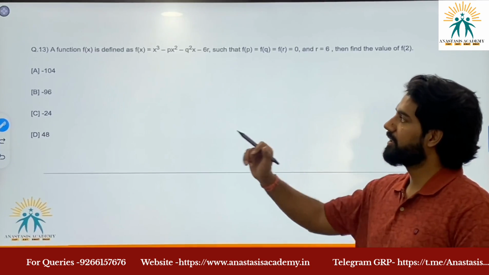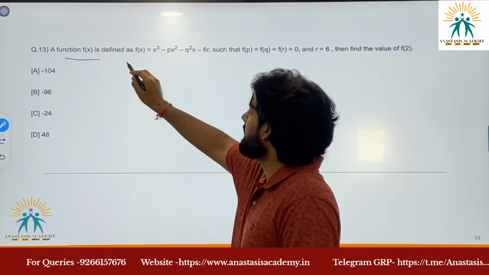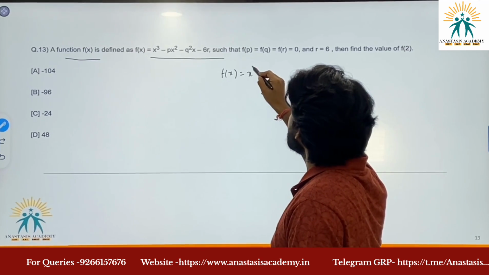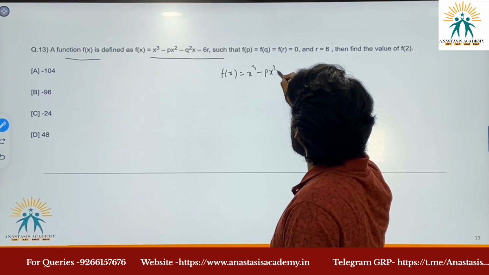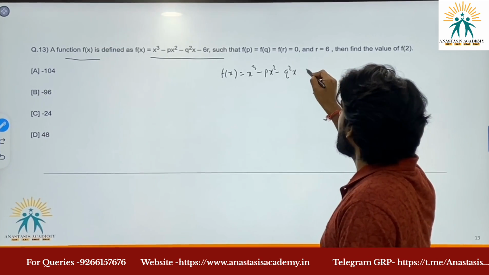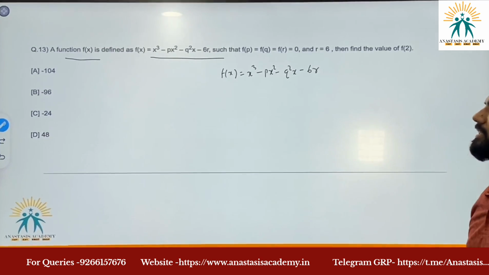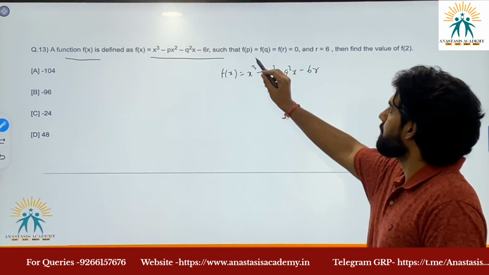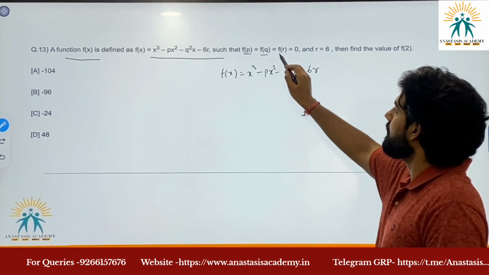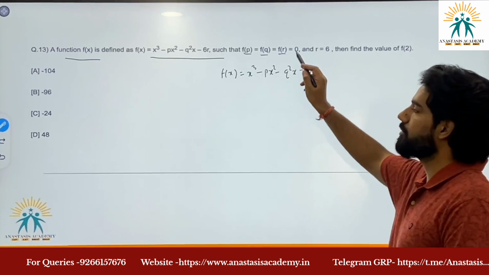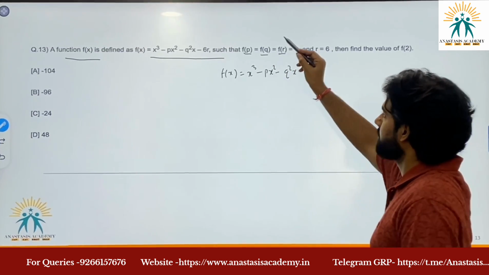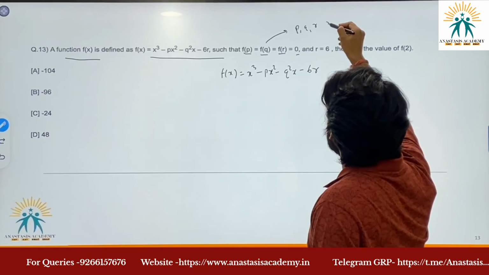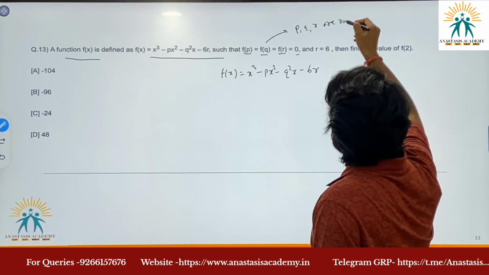Next question says a function f(x) is defined as f(x) = x³ − px² − q²x + 6r. It is given as a cubic function such that f(p) = f(q) = f(r) = 0. So from here I can say p, q and r are roots of this equation,